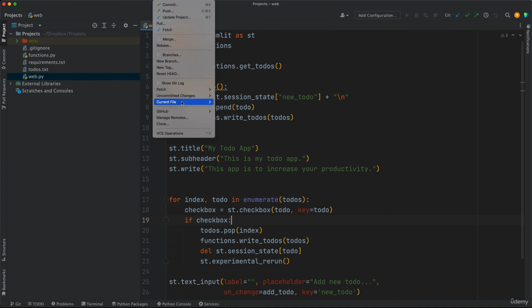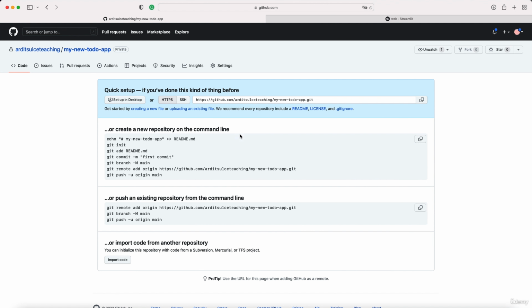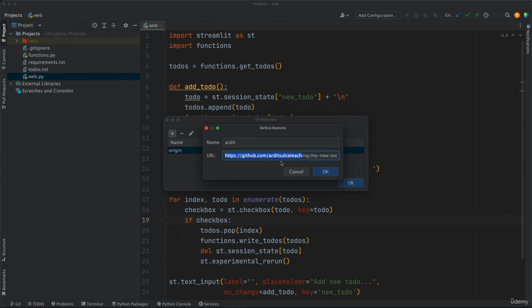And then you want to go to Git, go to manage remotes. So what I'm doing here is I'm adding a new remote. As you see, that is a remote of the person who wrote the app. And you cannot push the changes to this repository because it's not your GitHub account. So you want to add a new repository which is part of your own GitHub account. As the name, you can place here anything you want, for example your name, and then the URL goes the repository I just copied when I just created this new repository on my account. So press OK,